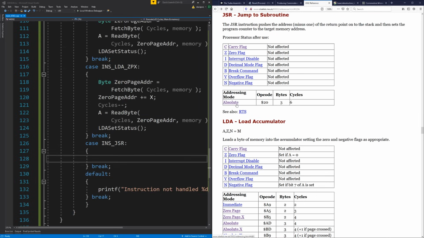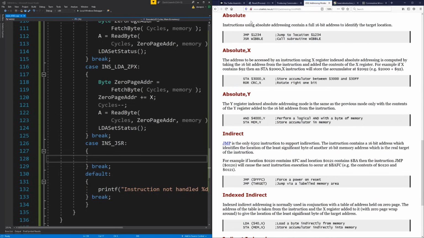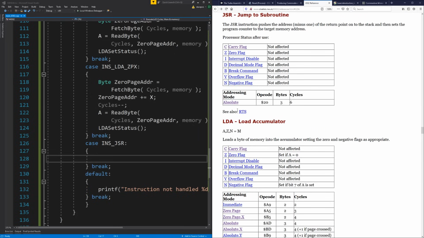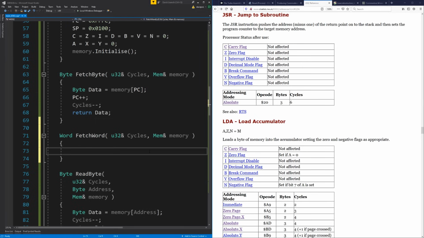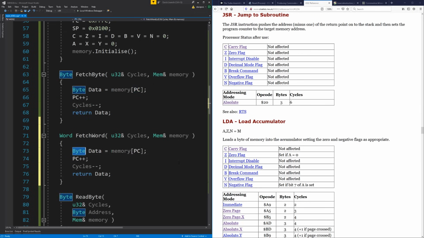Okay, so firstly, this is absolute addressing mode, which we didn't do before. Instructions using the absolute addressing mode contain a full 16-bit address to identify the target location. In fact, one of their examples there is JSR. So the first thing we're going to need to do is read a 16-bit address from the program. So we need a fetch word. That's what we're going to need. So we want fetch word, and we want to fetch it from where the program counter is. It's going to be quite similar to this, except